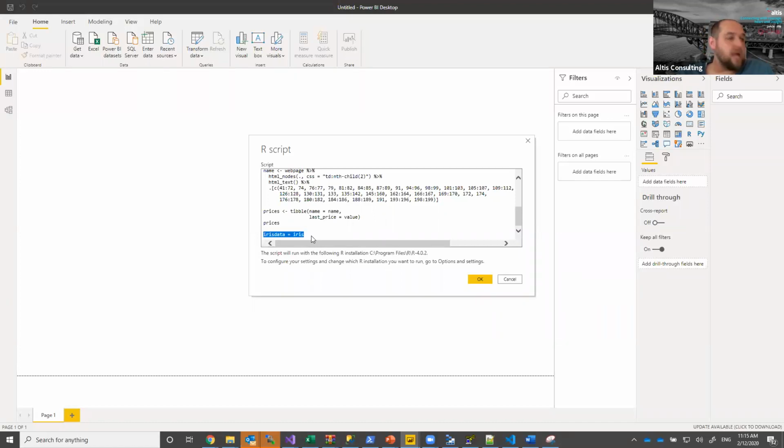People who've done data science before know this is a very common data set, talking about petal widths and lengths and things like that to get some sort of clustering or grouping. Now, this data obviously doesn't relate to oil prices, but what I want to show is you can have multiple data sets within your R script, and you can publish those out as separate tables. So what we're expecting when this is run is you would get your oil prices and an iris data set both coming out. So if I go okay to that,